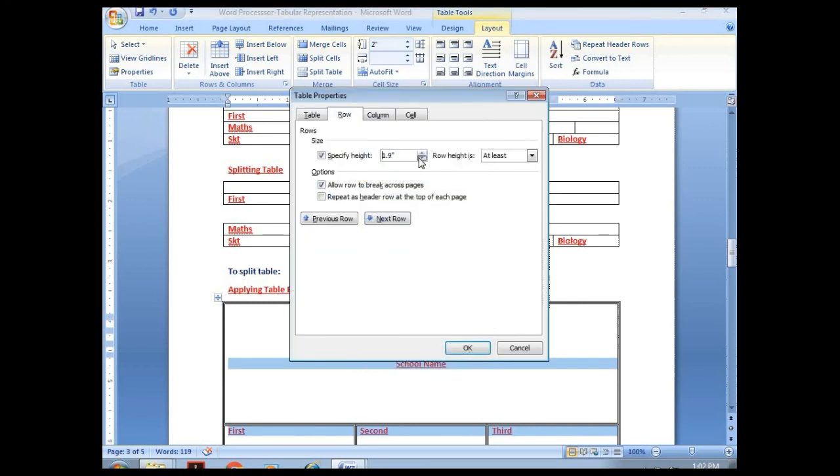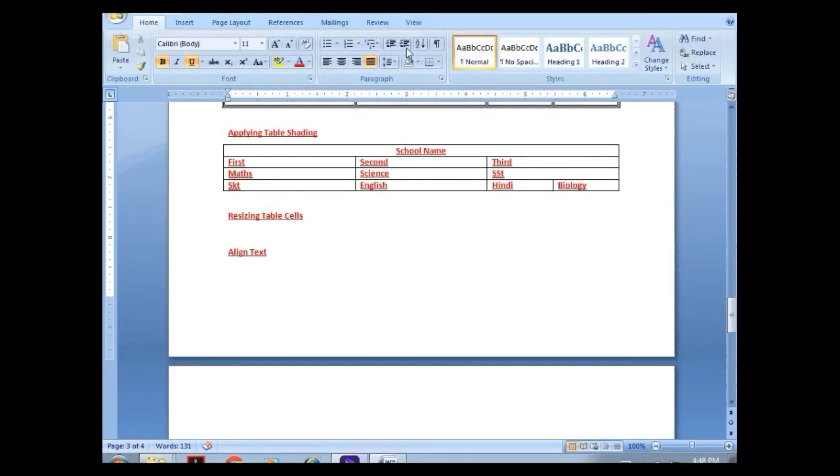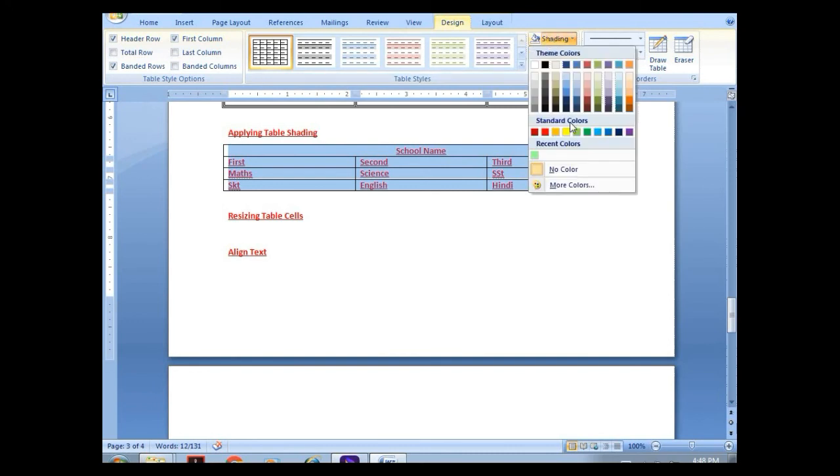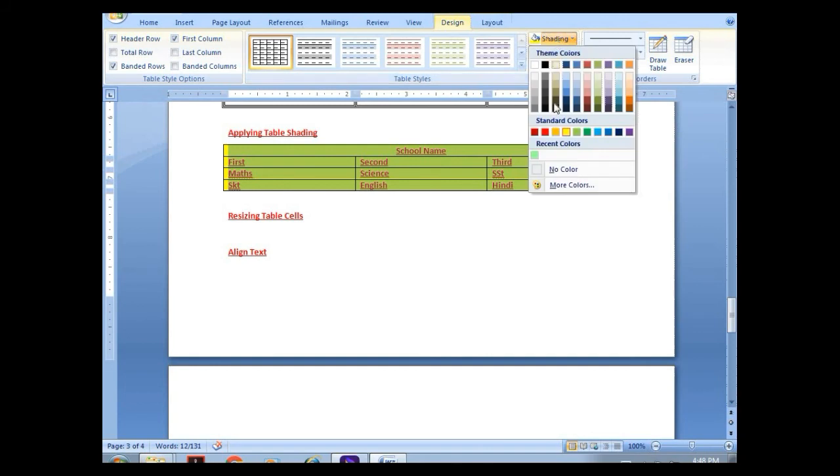We can change the row height and column width of a table in Table Properties. First of all, select the table and apply table shading, whatever color you want. We can resize the table cells also as per our requirement.